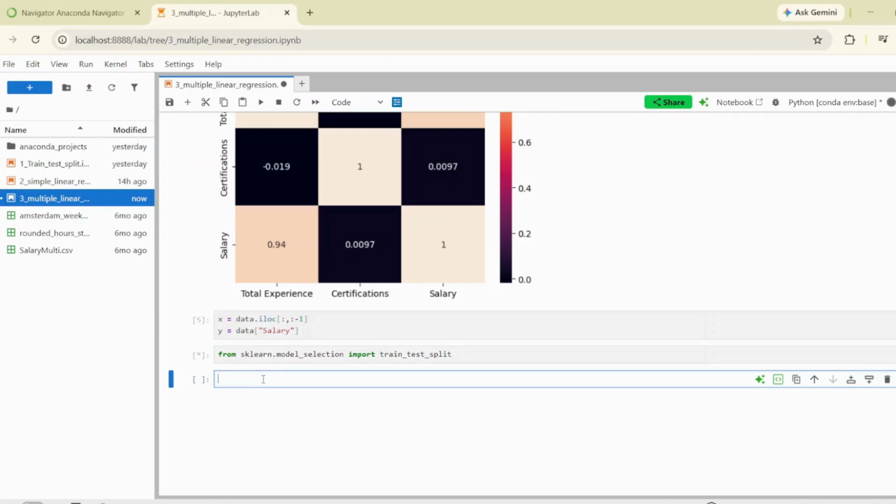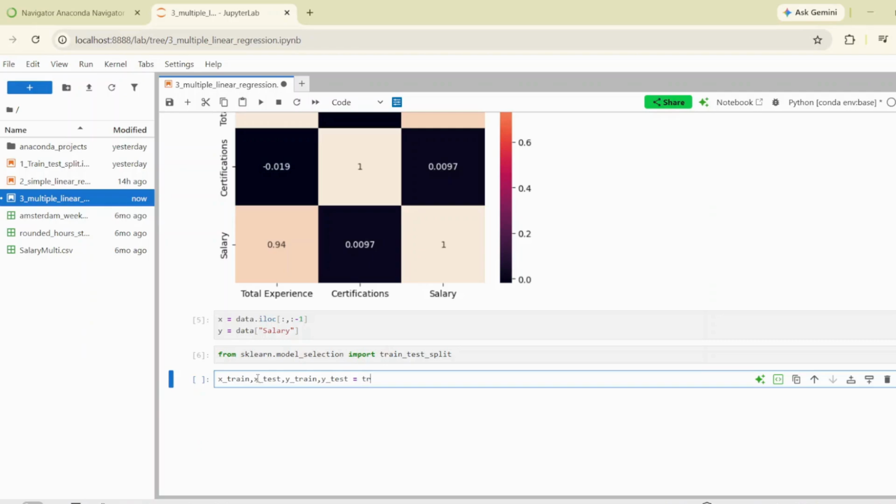Shift plus enter. Now I'll give all four variables: X_train, X_test, y_train, and y_test is equal to